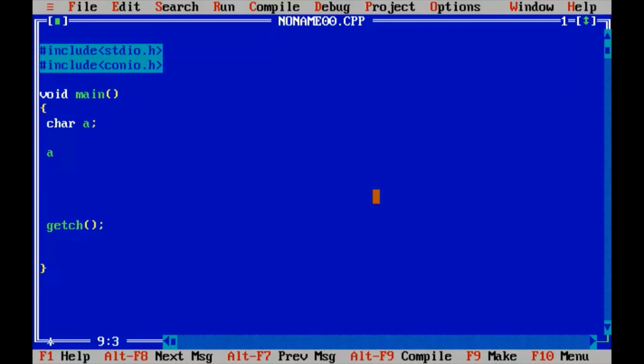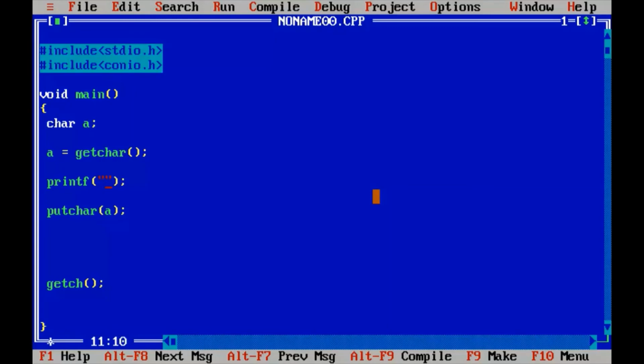So first type the variable a equals getchar function. This function getchar with an empty pair of brackets will take a character from the keyboard and store it in the variable a. Okay, now let's go and print that. To print that I will use the putchar function with the variable a in it. This putchar function will print the content of the variable a, which is specified here. Okay, so I will put one more message here.